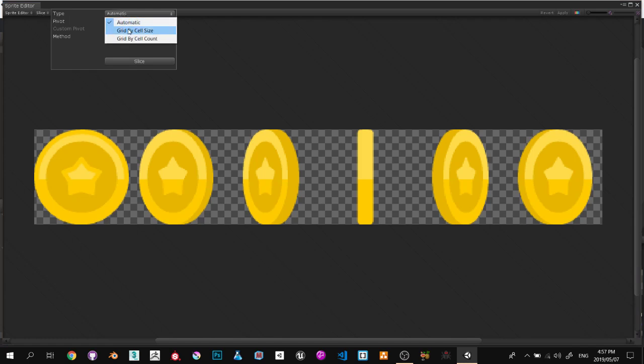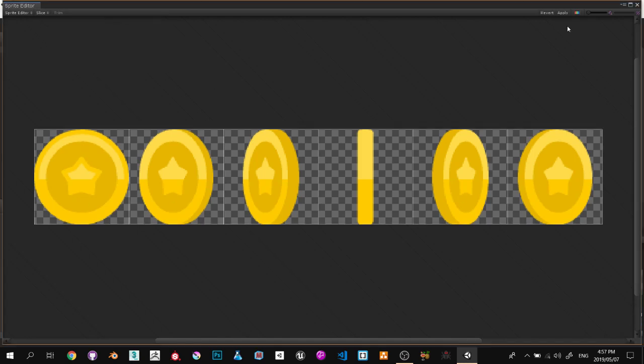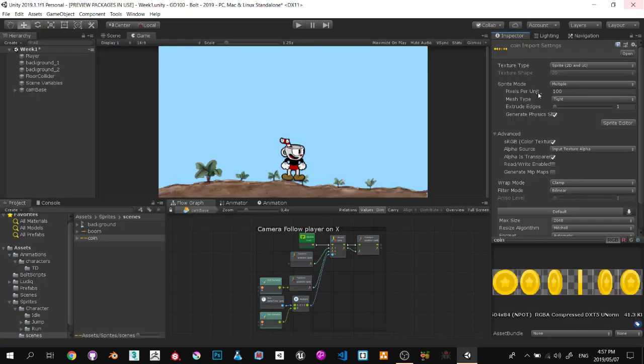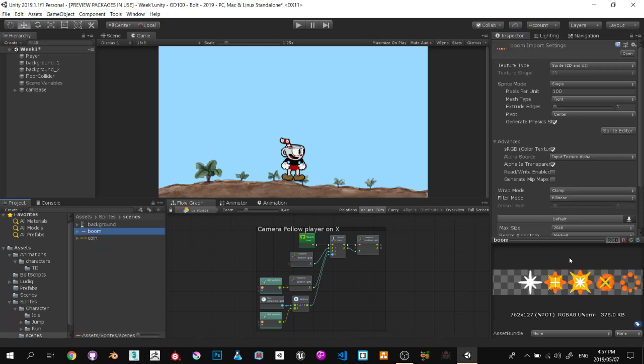We're going to go from automatic to grid by cell count. It's only one row by 6 columns. You'll see that it's broken up the image into 6 pieces, and that's pretty much it. We just apply. We have got the 6 images, and we're going to do the same thing for the particle